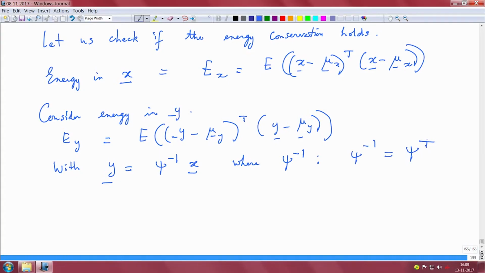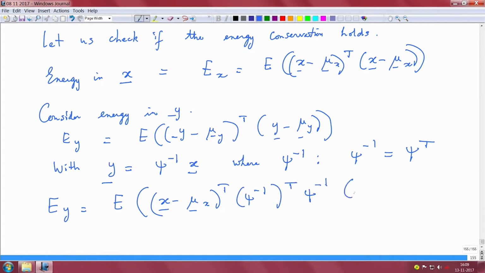Let us say this property is satisfied. Now, Ey is the expectation of (x minus mu x) transpose psi inverse transpose psi inverse times (x minus mu x),